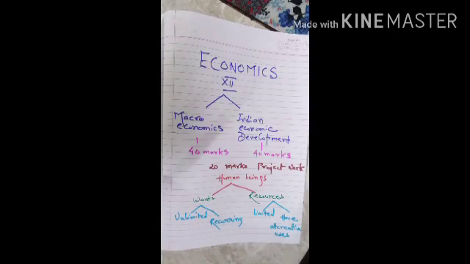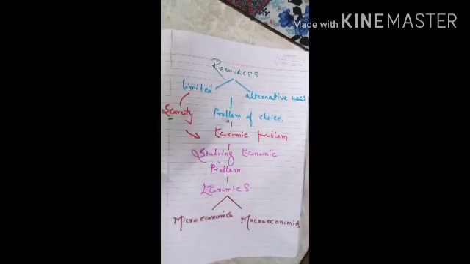So we know that resources have two features, that is, they are limited and have alternative uses. These two features of resources bring out a problem of choice. The person has to choose from a variety of alternatives, on what he finds more important to spend than the other. So a person has to choose where he is going to put his limited resources so that he gets maximum satisfaction.